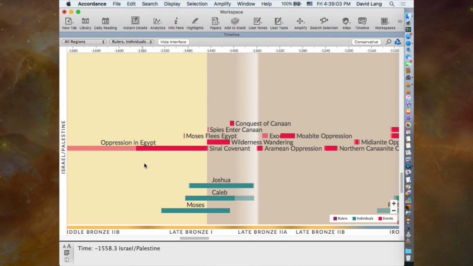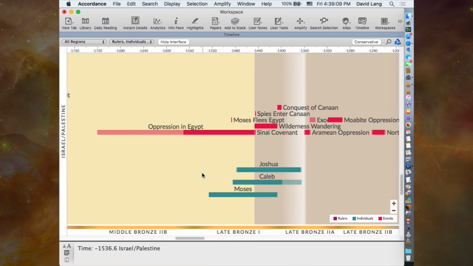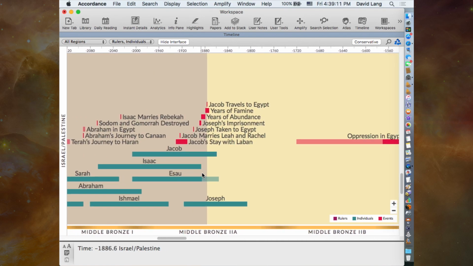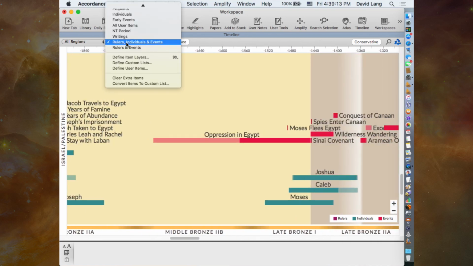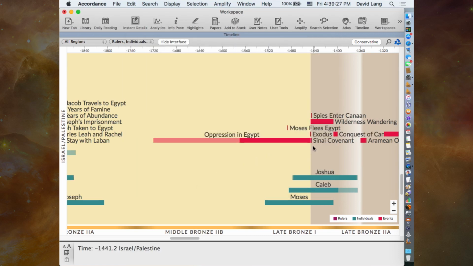All right. So if I, let's see. Oh, this is. Yeah, I gotta fix something that I did in a recent webinar. Just a second. Let's just do no user items here. All right, so if I go to the Exodus, for example,